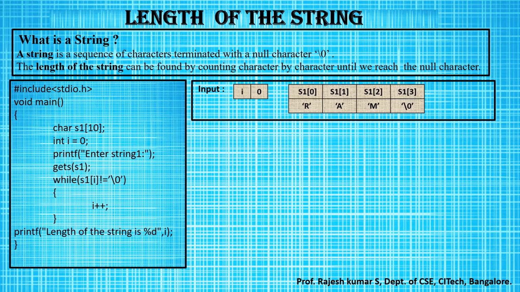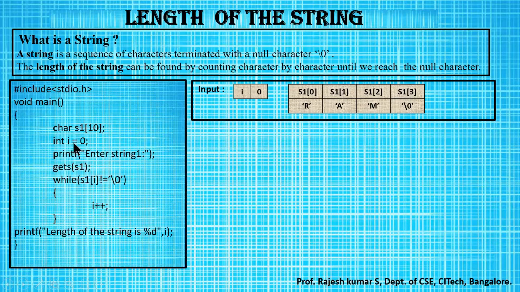The very first variable I'm using is an array of size 10, of the type character. I want to store the characters inside this array. So the array name is S1 of size 10. The maximum it can store is 9 characters, plus 1 reserved for the null value. So depending upon the number of alphabets you want to store, you can specify the size of the character array.